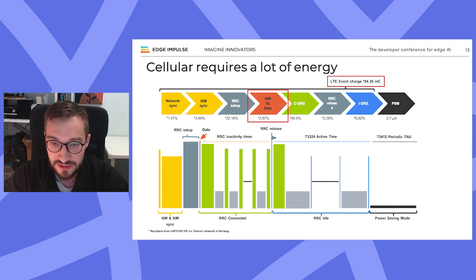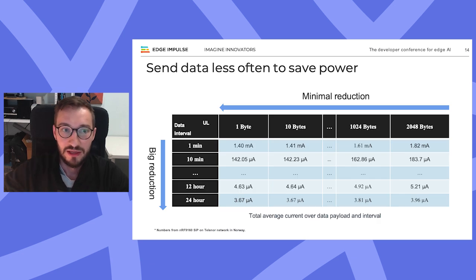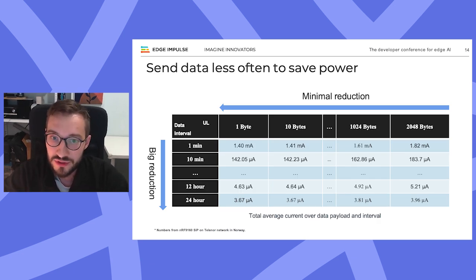A lot of it is actually packet overhead that is needed so that the data ends up in the cloud. Here we can see actually how reducing the amount of data we're sending is not really efficient compared to reducing the intervals that we're sending at. Here, this